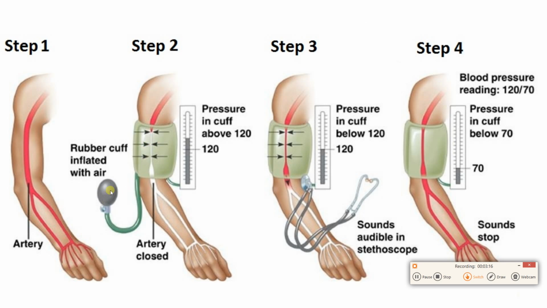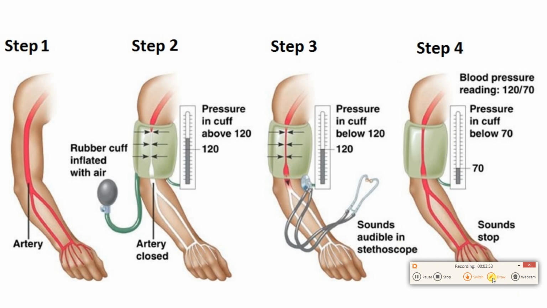We're going to inflate that blood pressure cuff until the pressure in the cuff is greater than the pressure in that artery. And that'll squeeze that artery closed. So when cuff pressure exceeds artery pressure, the artery will be closed. Then we gradually release the pressure in that cuff. And when cuff pressure drops below the highest pressure in that artery, blood will start to squirt through and